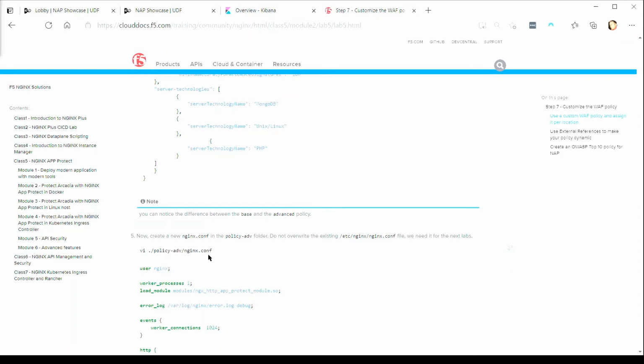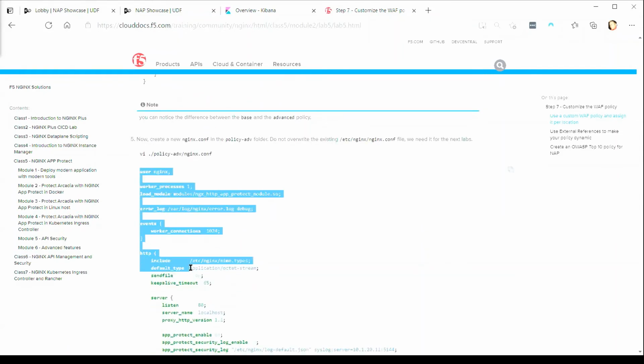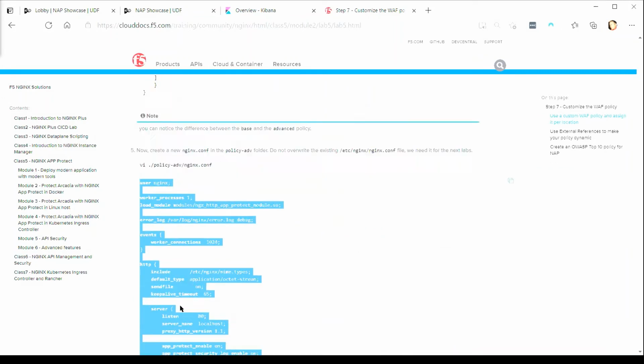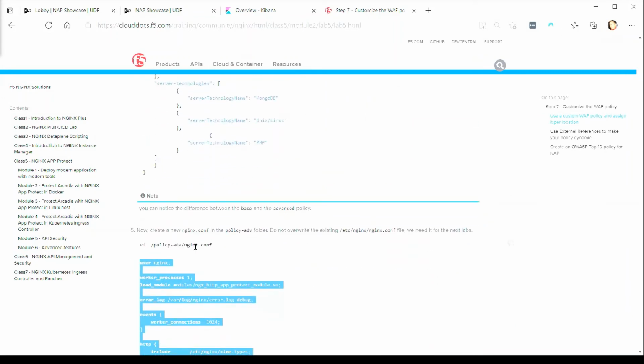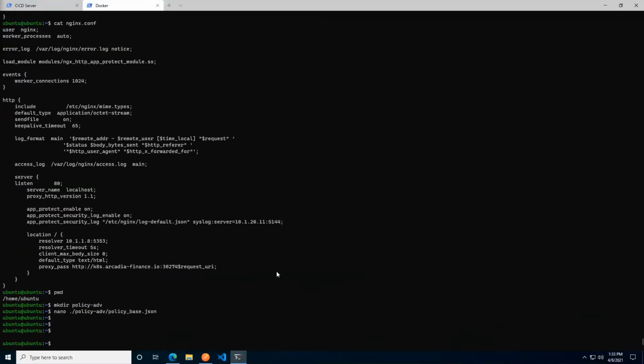Anyways, we also need to create a new nginx.conf because we need to reference these two files that we have created so far. So I'm going to go ahead and copy the contents of the nginx.conf here in its entirety. And I see from the path here that I'm going to go to the same folder and create an nginx.conf in it. This time I'm going to remember to actually show you what I'm doing.